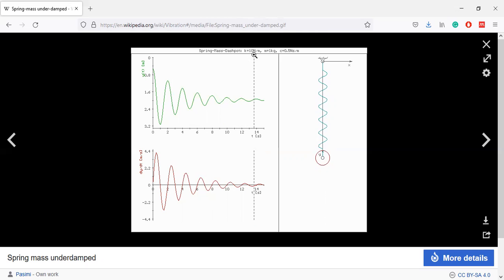k is equal to 10, that is the spring constant, mass 1, and c is equal to 0.5. This 0.5 actually does not depend on c, but it depends on the zeta value, the dimensionless quantity zeta. How we can calculate zeta is part of the lecture. So we can see it at that point, but when zeta is less than 1, that is the underdamped case,